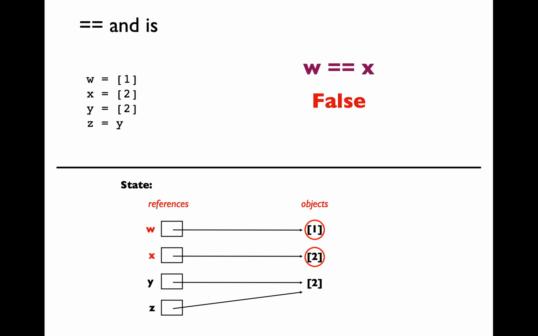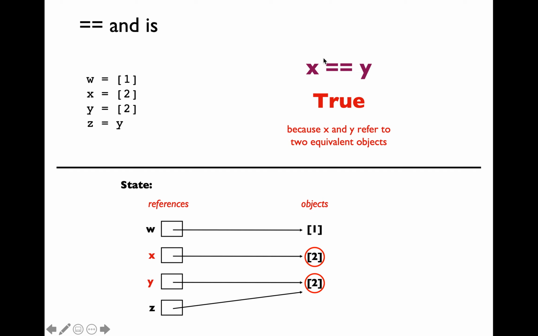So let's go through examples here. Is w equal to x? That is definitely false because those are two entirely different lists. What about y equal to z? That is very obviously true because both of those variables store a reference to the exact same list object instance here. What about x equal to y? That is also going to be true. That's because both of these objects store the same list item. So you're going to compare the items within the list object instance when you use the double equal to comparison.